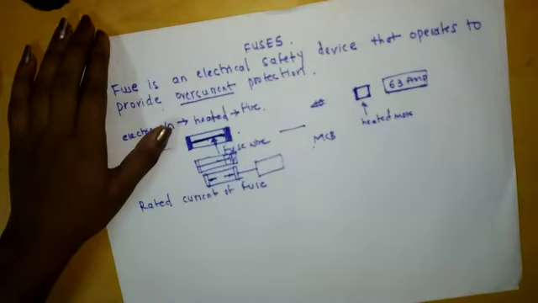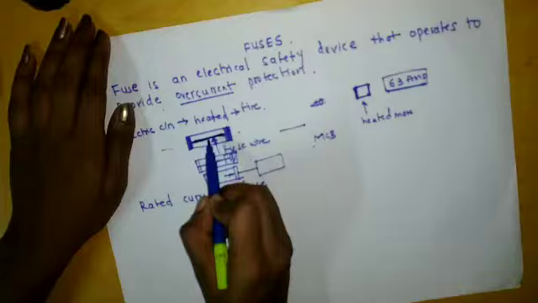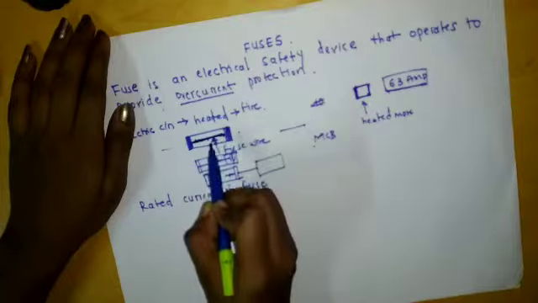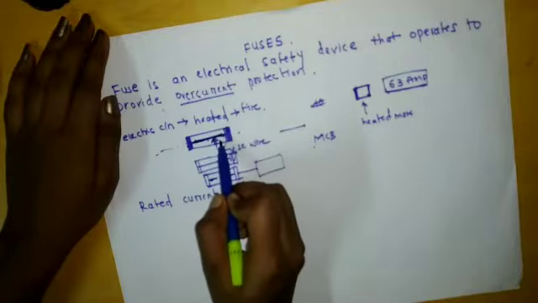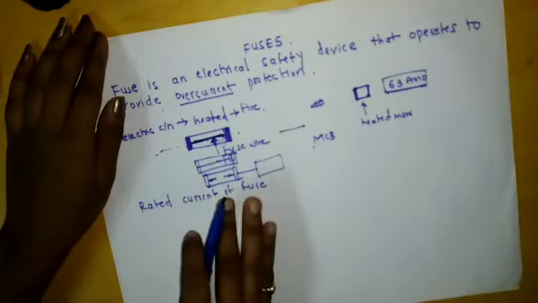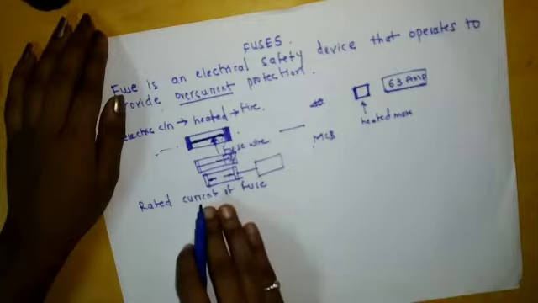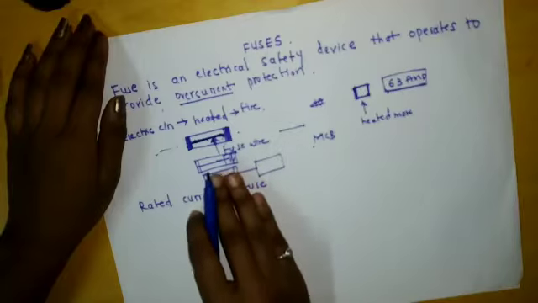Okay, so in your book the definition is that the current that can be carried safely for an indefinite period without undue heating and melting of the fuse wire. That only means this wire should not get overheated or melt due to the current, and the current will flow safely without melting or overheating the fuse wire. That current is called the rated current of the fuse, okay. So the value depends upon the type of fuse holder, temperature and fuse contact.